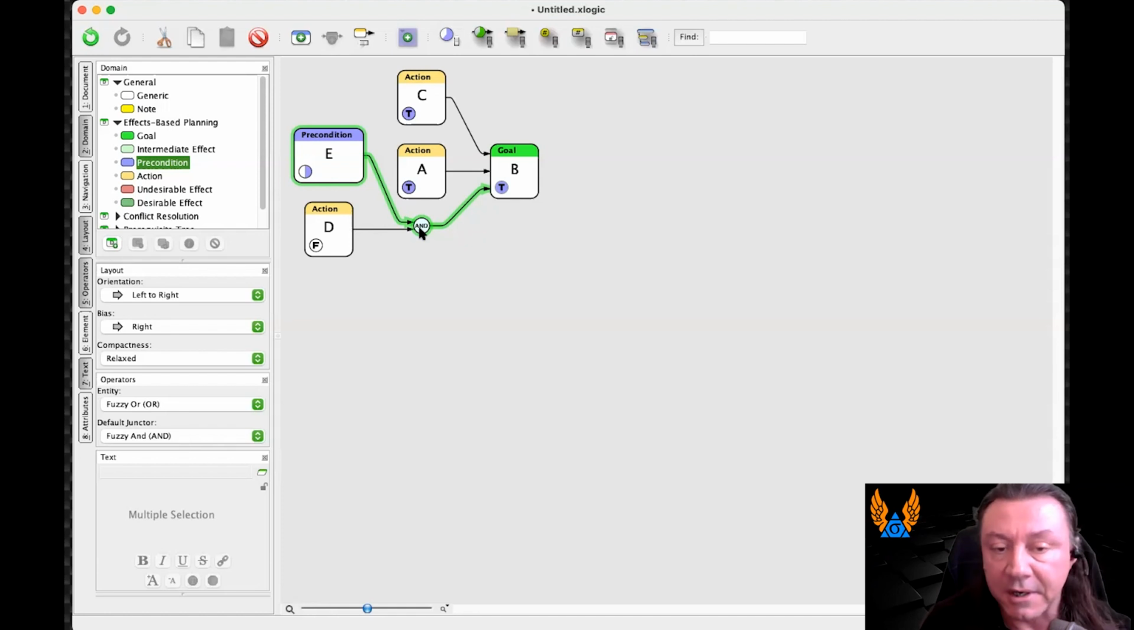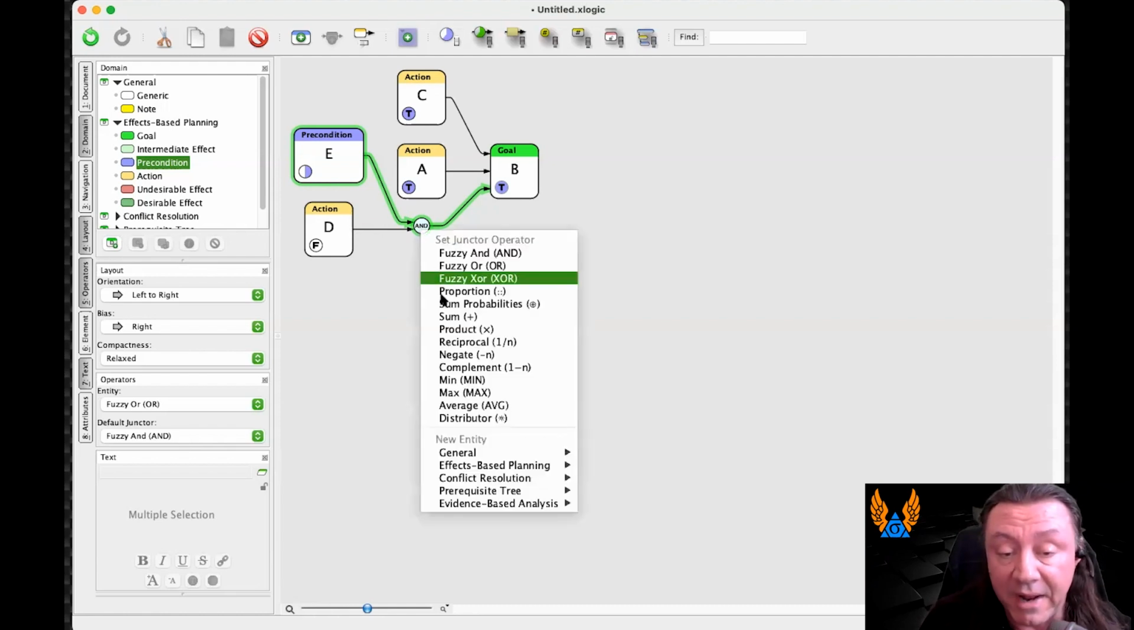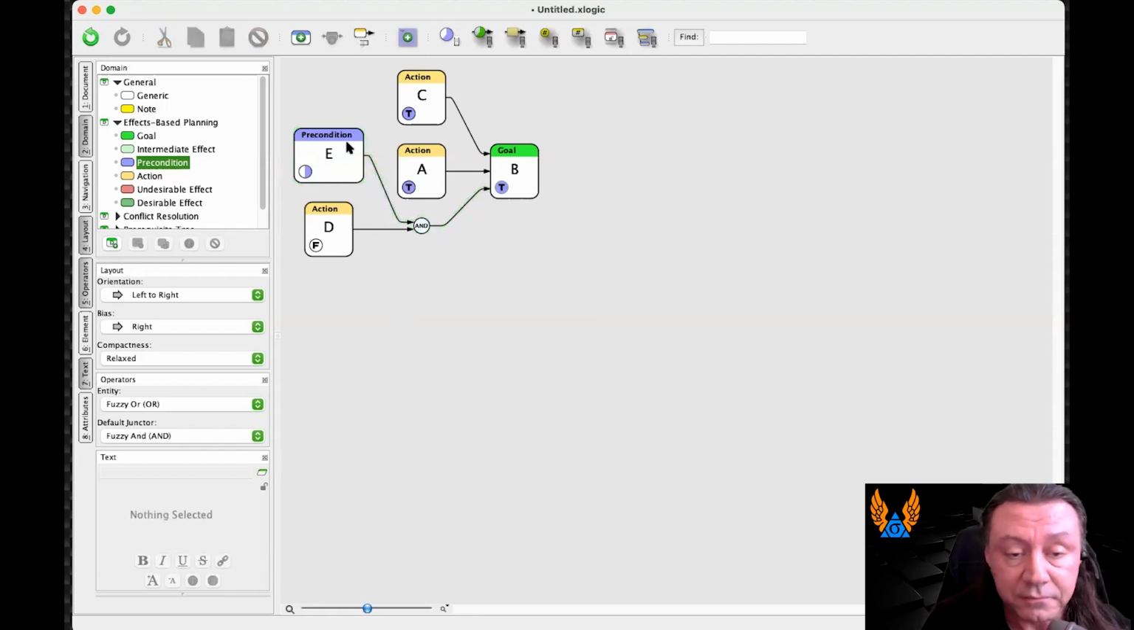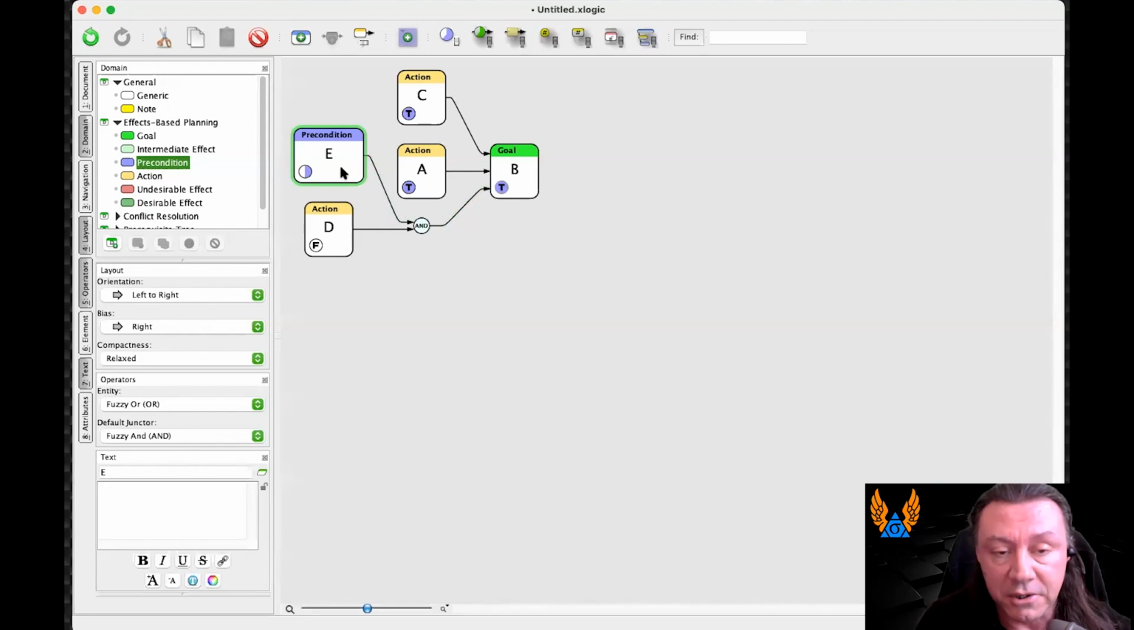When I designed Flying Logic, I needed something more flexible, something that works with the way computers lay out things. So I created the concept of the junctor because it is more flexible. You could have any of those operators I mentioned, and you can mix and match them as you desire. A precondition, the way I've described it in Thinking with Flying Logic, is the thing that has to